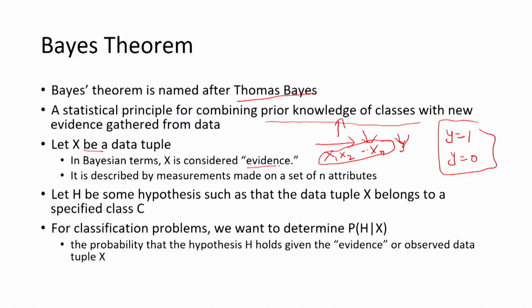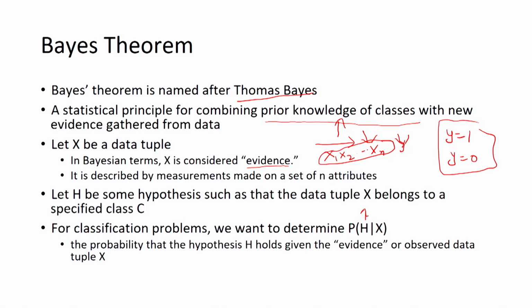We say that the new instance x for which we want to predict is called the evidence. So, you now have new data, new evidence, and based on the new evidence we are trying to update the class probabilities. Sometimes we write it as probability of H given X, where H